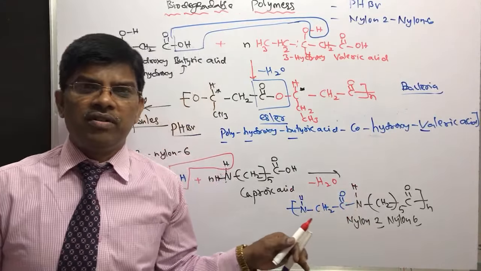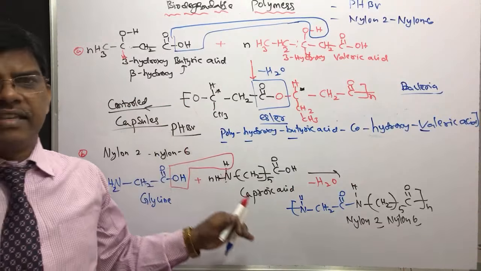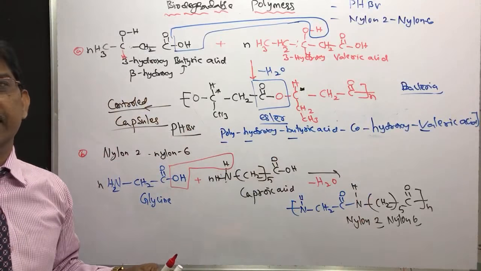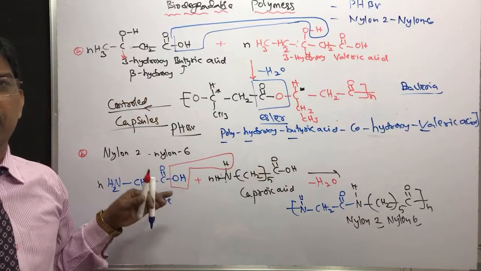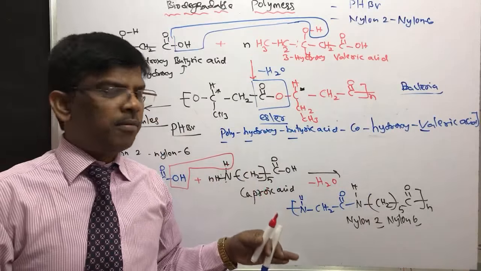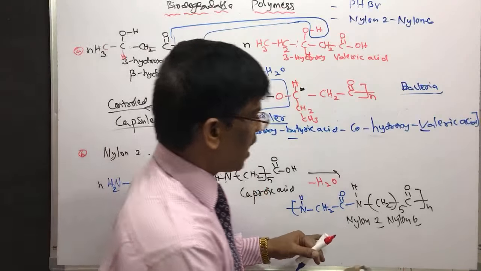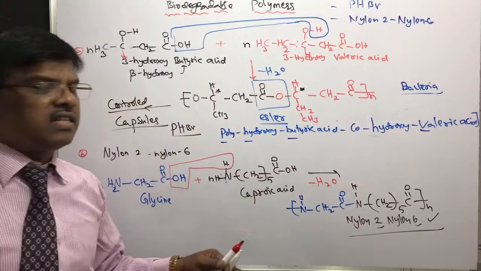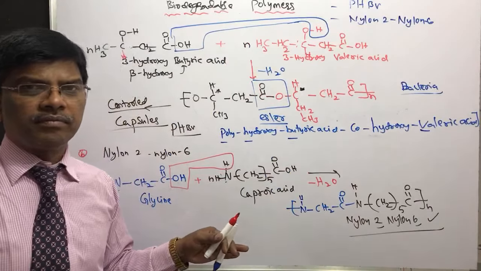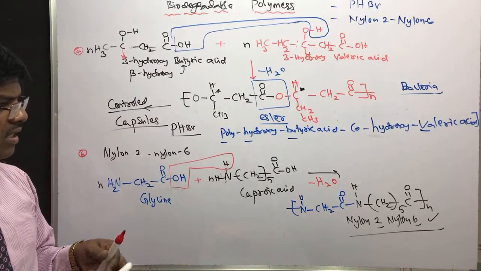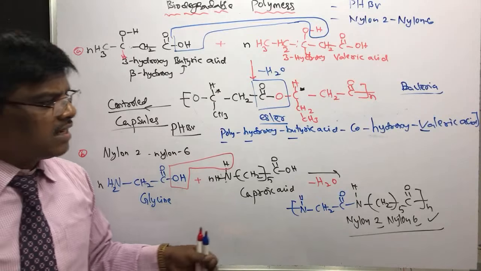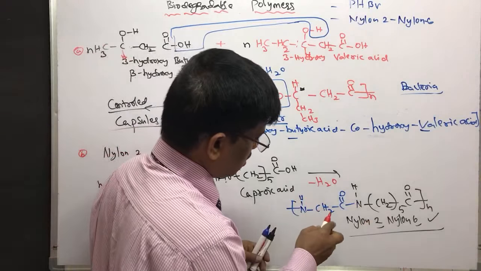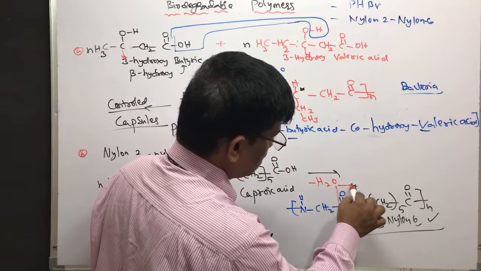It was asked in 2019 by giving nylon 6,6, nylon 2,6, nylon 6, and polyethylene. Among these polymers, which is biodegradable? Nylon 2,6 is a biodegradable polymer, and it is a copolymer. This is very important, and this nylon 2,6 has amide bonds.